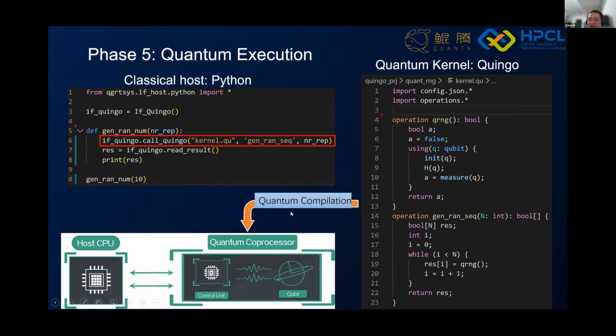The reason is that at the moment we do compilation, all the classical parameters can be determined, and such information is very helpful for optimization during the compilation stage. So we do quantum compilation immediately before the execution phase. This enables a bigger optimization space.